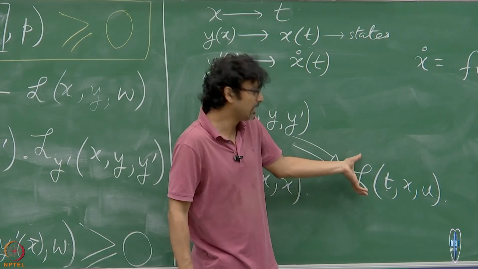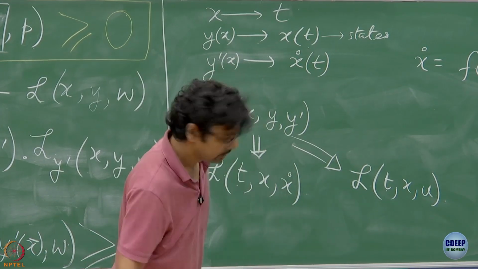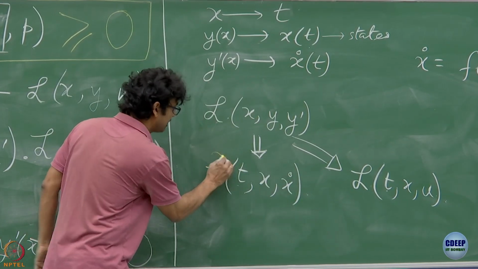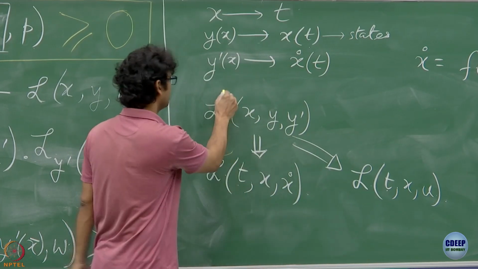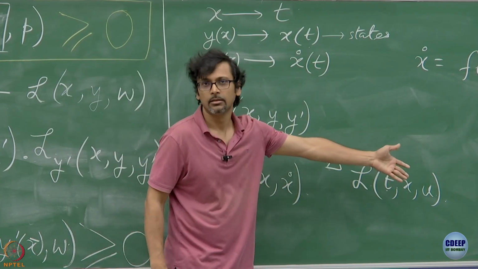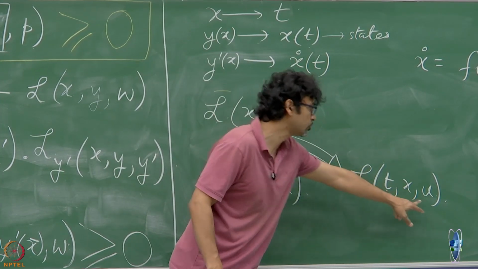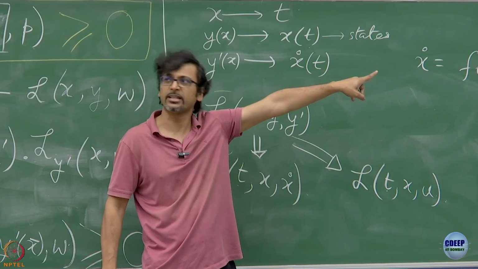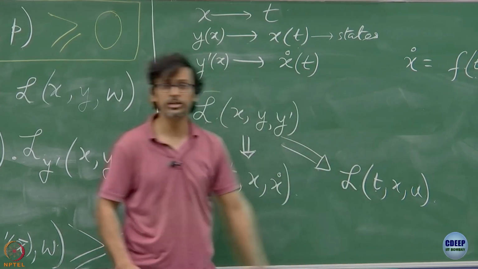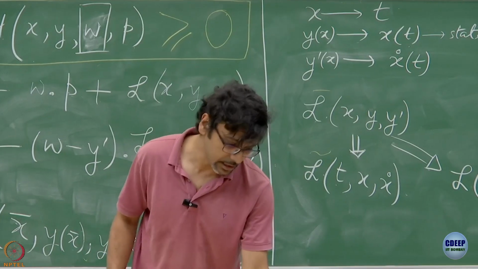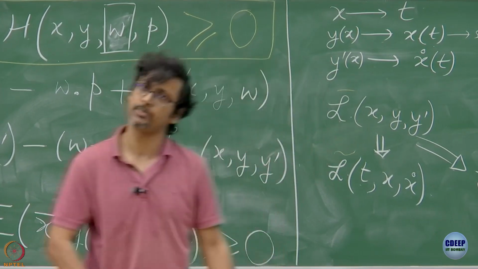Of course, it might look like a different function to what it is. So wherever you like, you call this a tilde, and then call this, I don't know, bar or something. It will not be exactly the same function, because now the time and x related terms will enter through that function f, which is the vector field. Yeah. So this is reasonable, and this immediately makes a lot more sense to us from a control theoretic perspective,